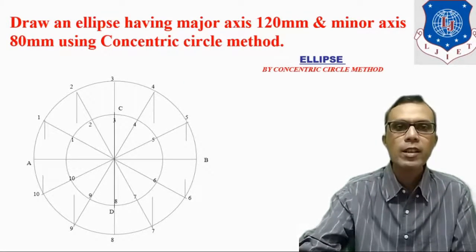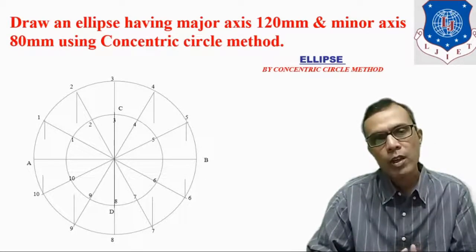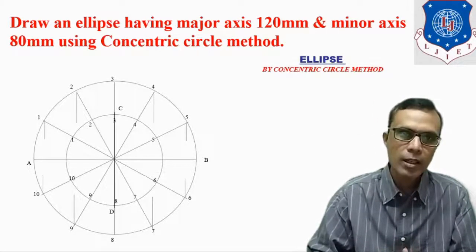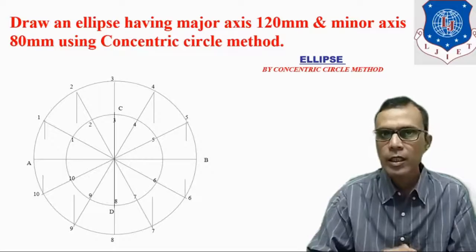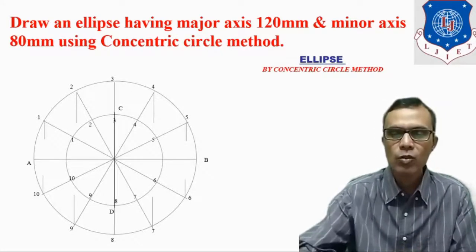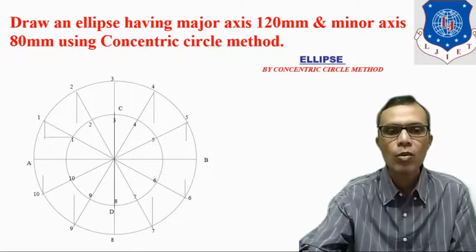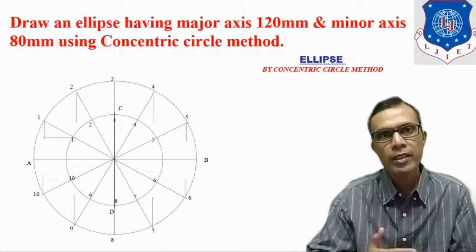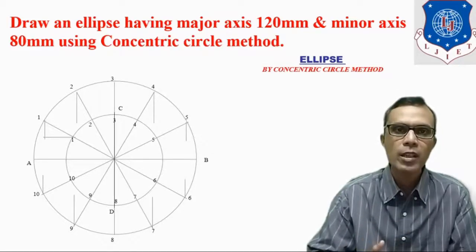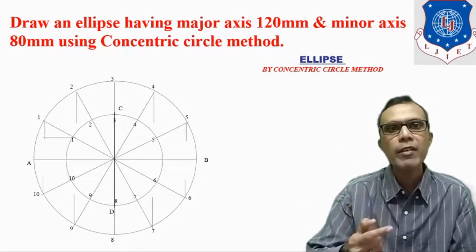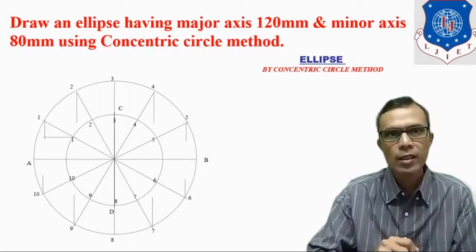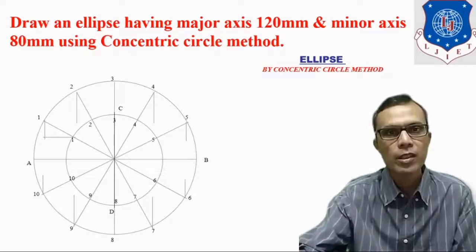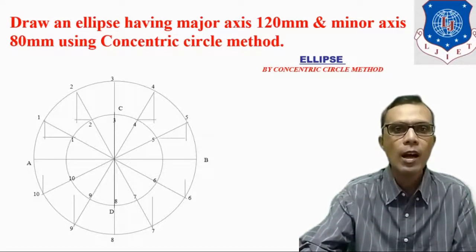Now we have to consider the division numbers on inner circle, and from inner circle division we have to draw the horizontal line. Let us consider division number 1 of inner circle. So from division number 1 we have to draw the horizontal line in such a way that we will get the intersecting point with the vertical line drawn from the division number 1 of outer circle. From each and every division of inner circle, we have to repeat the similar procedure. All the intersecting points are the required points of the ellipse.